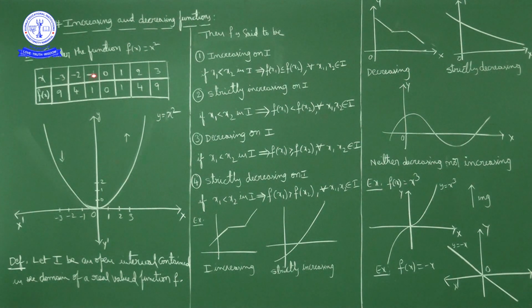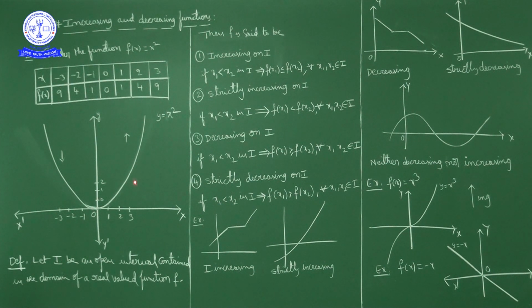When x is -3, x² is 9. When x is -2, 4. When x is -1, 1. When x is 0, 0. When x is 1, 1. When x is 2, 4. When x is 3, 9. Now this is the graph. This is the rough graph of y = x². Now if you observe,